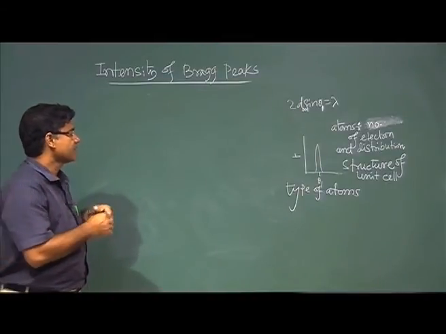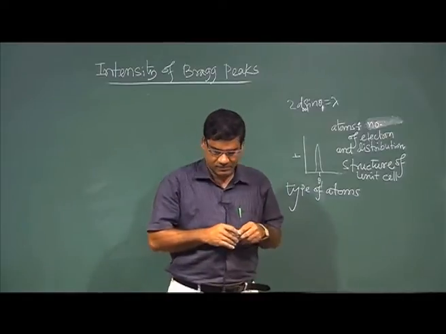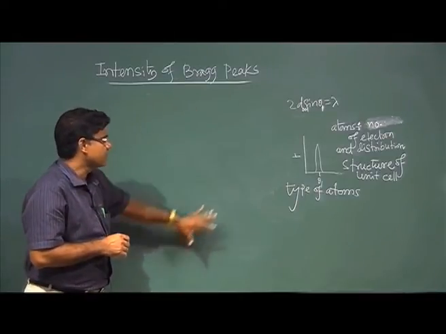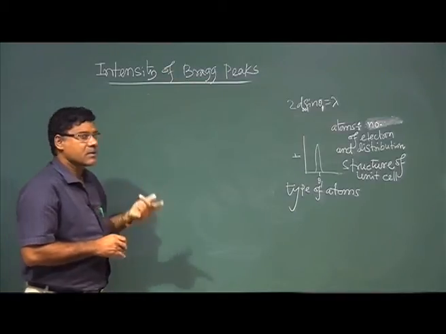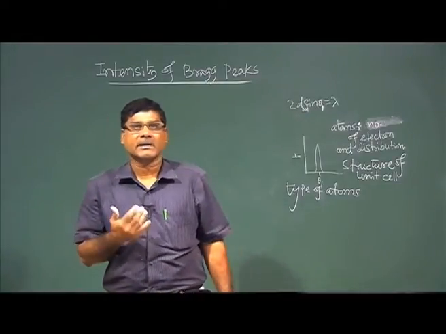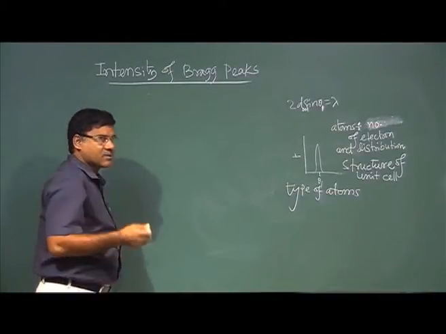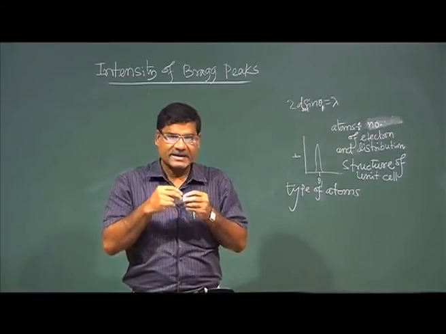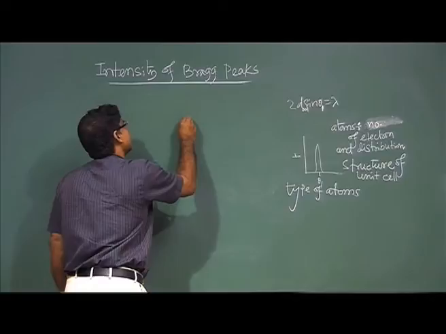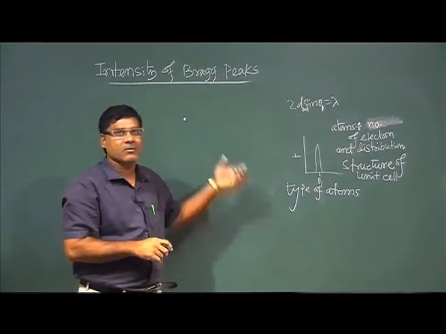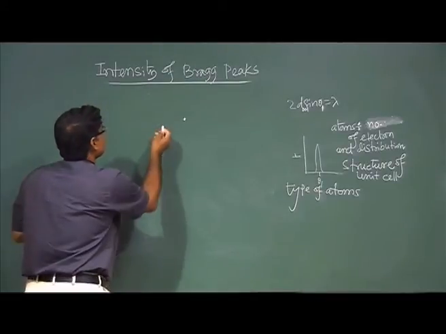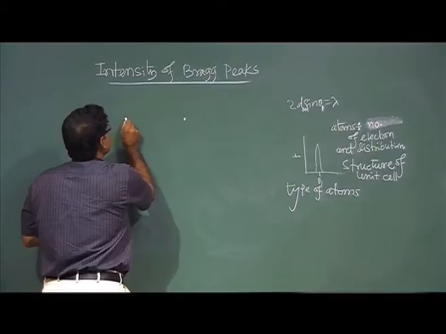So materials have a particular structure, and their electrons are distributed in atoms, and these atoms are sitting in the unit cell or in the lattice or in the material. So when X-ray falls on this material, it is actually an interaction of the X-ray with the electrons. So X-ray is scattered by the electrons. In general, the scattering center can be an electron, an atom, a charge density, whatever. Okay. So now incident X-ray is falling on it,